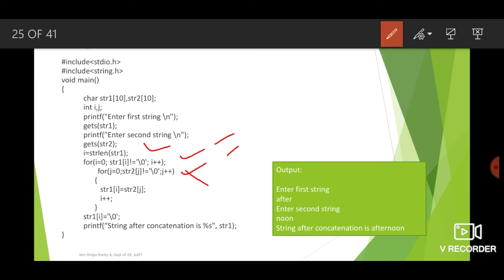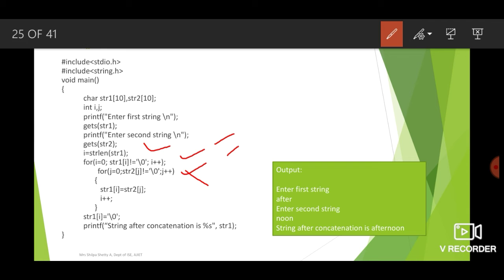Next consider the next loop. Make it very clear, the second for loop is not part of the first for loop. There is some indentation problem here, but one thing to note down is, either you can use i is equal to strlen(str1) or the first for loop. So now let us go to the next for loop.